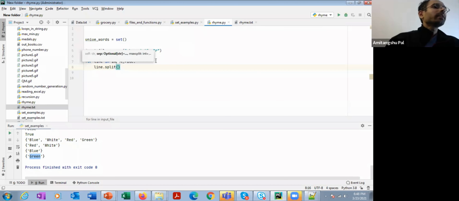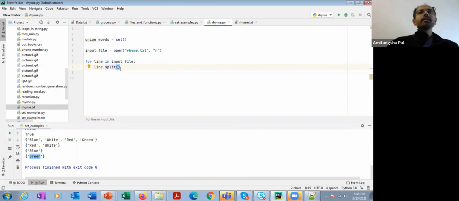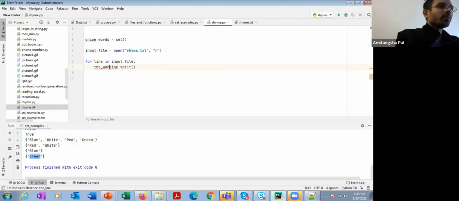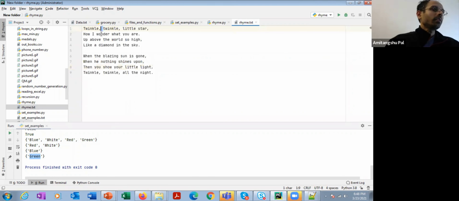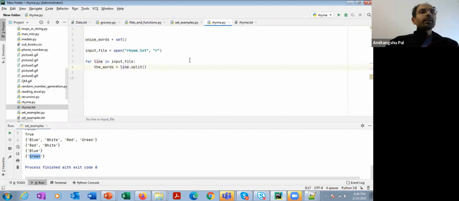If I do not pass anything inside this split function, by default it is going to use space as a delimiter, and it is going to return a list. So let's call it words. In the first line it is going to return four elements: twinkle, twinkle, little, star.